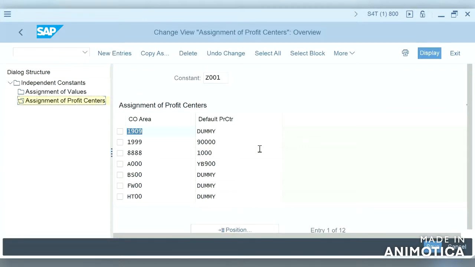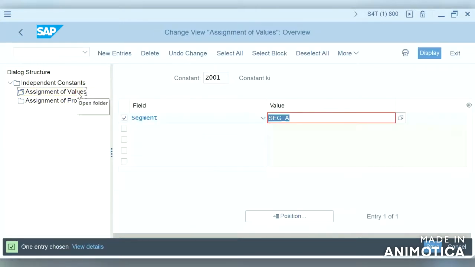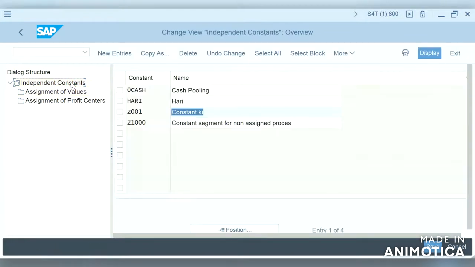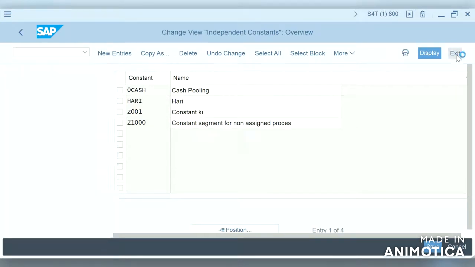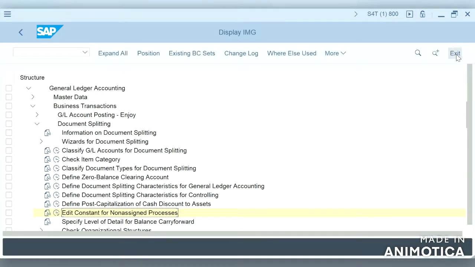So in the profit centers, control area, default profit center. So for this controlling area, the default profit center will be this. It is based on controlling area.